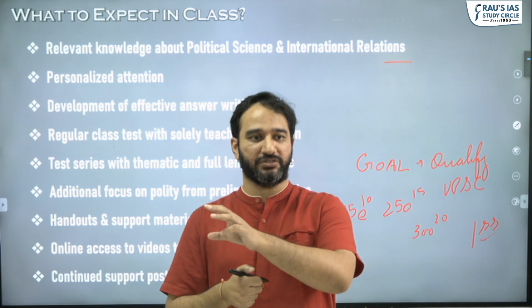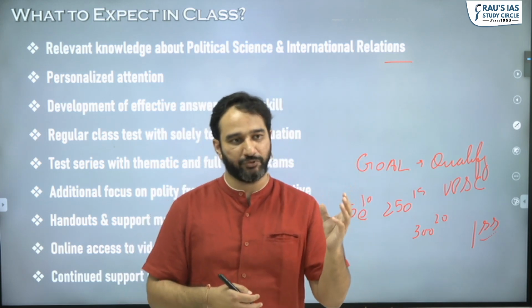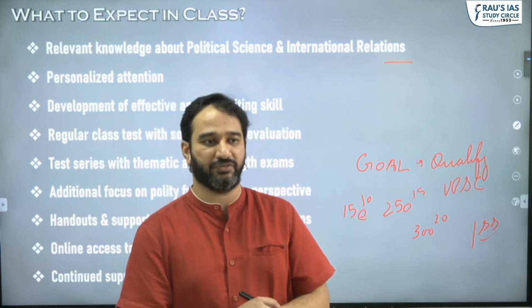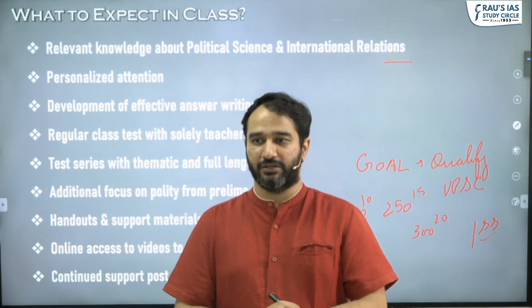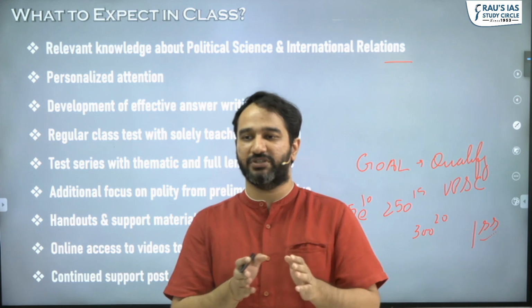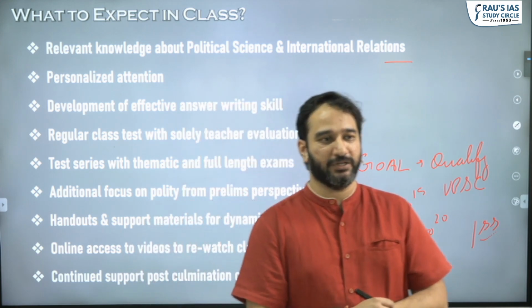But if you're from a social science background, you do have a little bit of knowledge that is already available with political science. What we have to do is make it UPSC relevant in terms of answer writing. You get that knowledge concise in 150 words within 9 minutes, concise within 300 words within 9 minutes. That is why answer writing is so important.